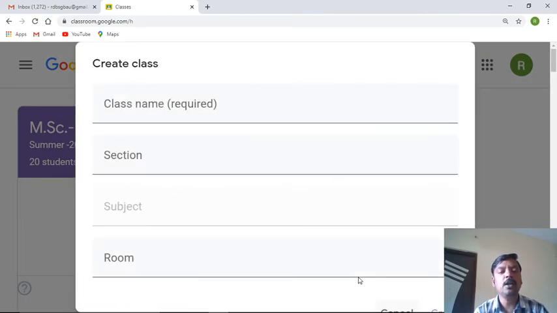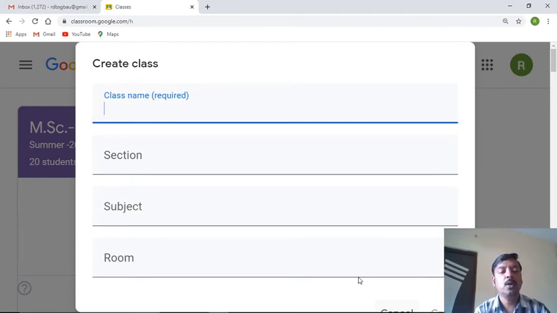The moment I click on continue, you are going to get this type of menu. While creating a class, you will need something. So I'll give it the name SGBAUFDP. This is the name I have given, and that is required. The most important thing is that among these four fields, this is the compulsory field you have to fill in. So the name I have given is SGBAU, Sant Gadge Baba Amravati University FDP.